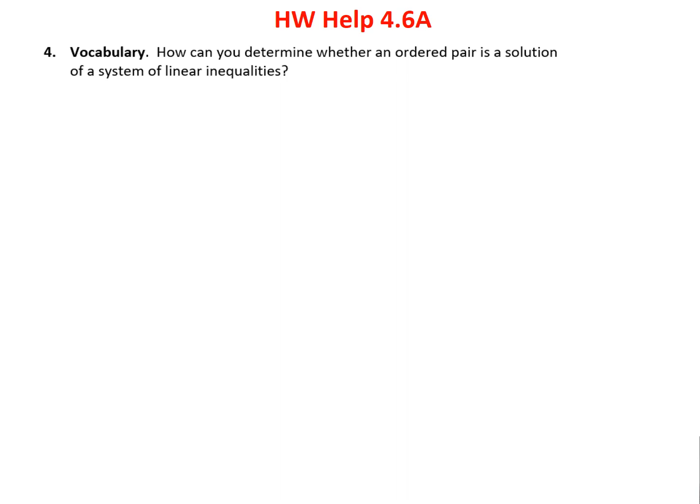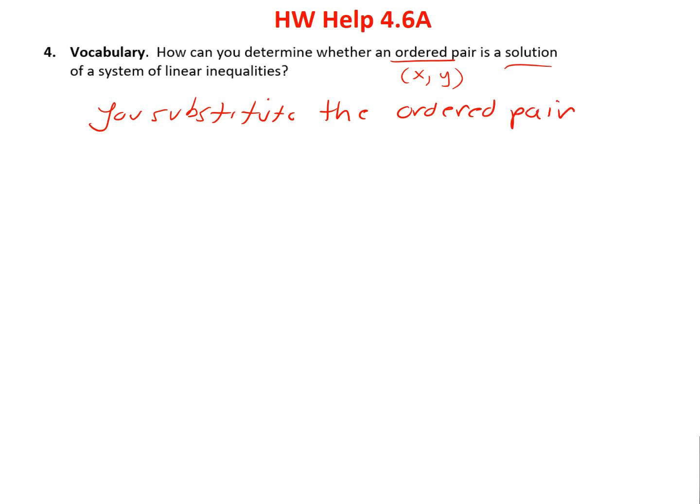Question 4 asks, how can you determine whether an ordered pair, remember an ordered pair simply means I have an X and a Y, is a solution to a system of linear inequalities? Well, you do it the same way that you would do to see if it was a solution for just an inequality. What you do is you substitute the ordered pair, but this time instead of going into just one equation, you do it into each inequality in the system,